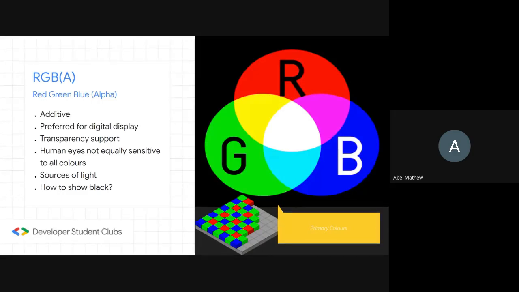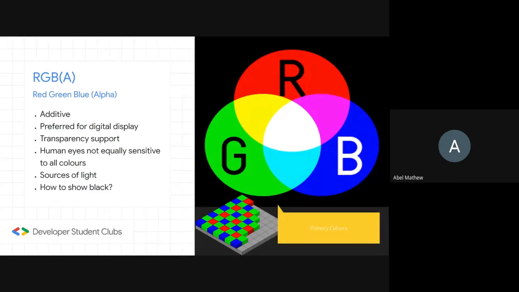If I reduce the proportion of green or increase the proportion of red, the color will be more reddish, towards the orange side. Third point is transparency support. RGBA can support transparency, meaning you see the image at the lower where I have drawn some blocks, and those blocks are overlapping the upper image's black part. That is because the lower image has some area that is transparent, and the image that is behind this particular image can pass through it.